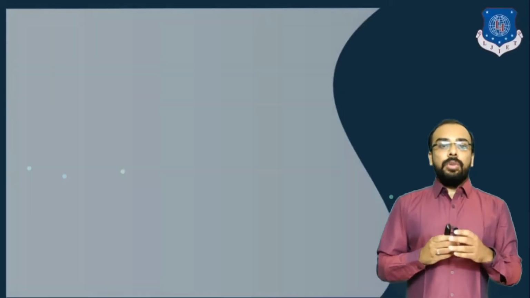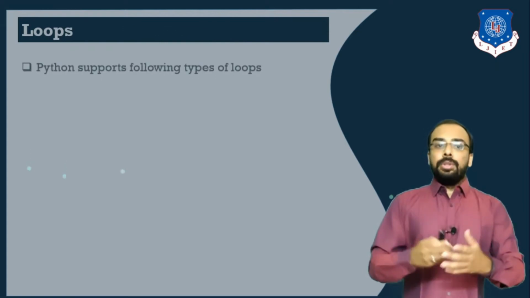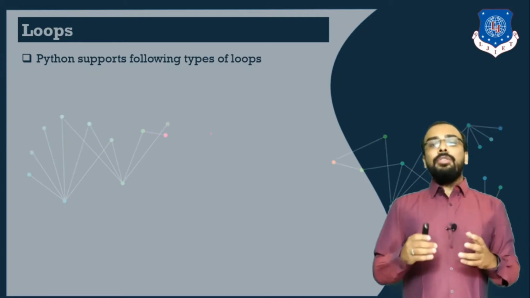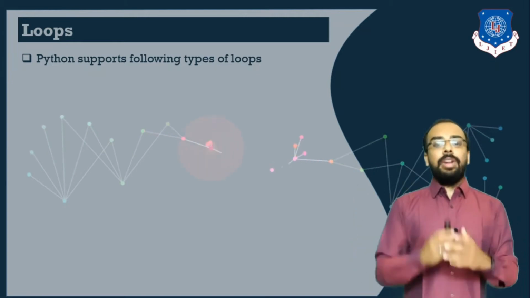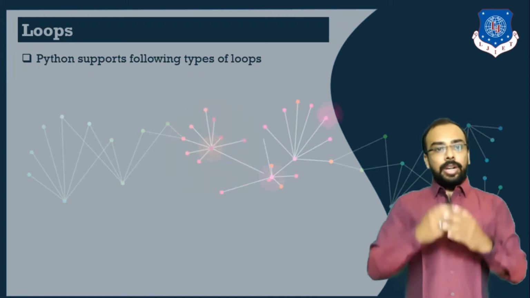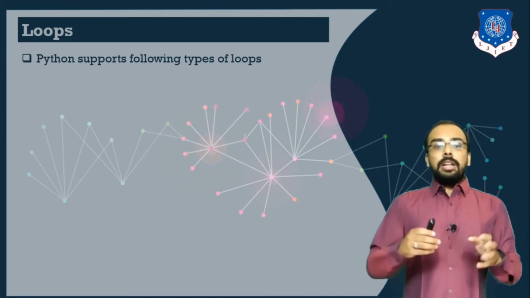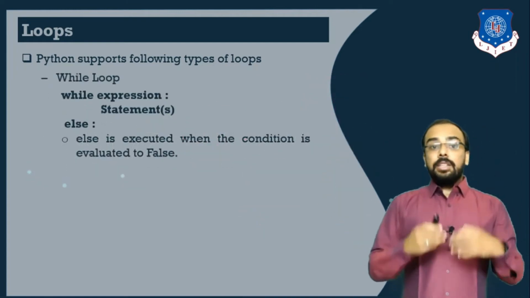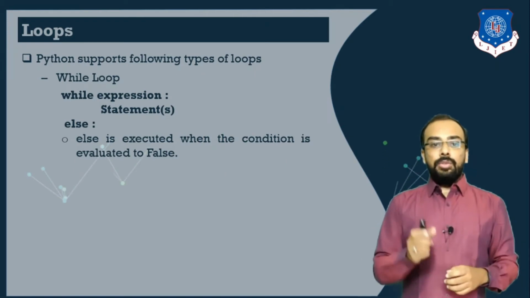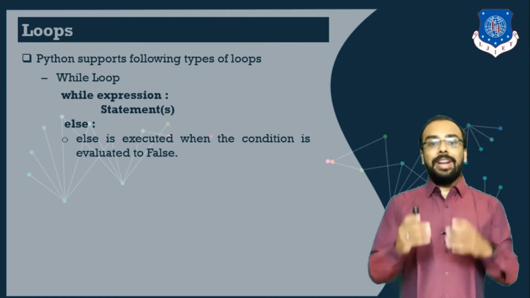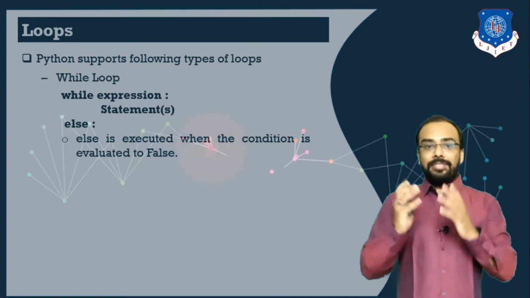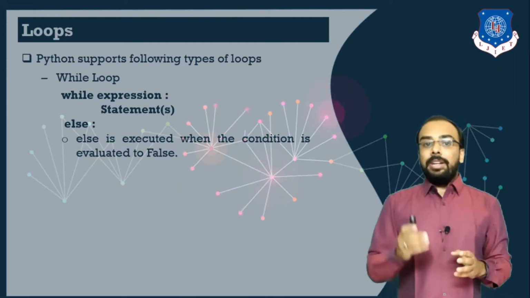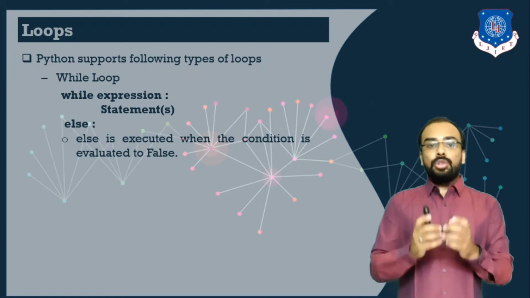Now let us move towards our next topic, that is loops. You are all aware of loops. Why are we using loops? If we want to perform the same task repeatedly n number of times, at that time we use loops. What are the loops that are supported by Python? The first one is the while loop. What is the syntax of the while loop? First we use the while keyword, then we specify the condition. After specifying the condition, you use a colon, and after the colon, whenever you press the enter key, it will show you an indentation.